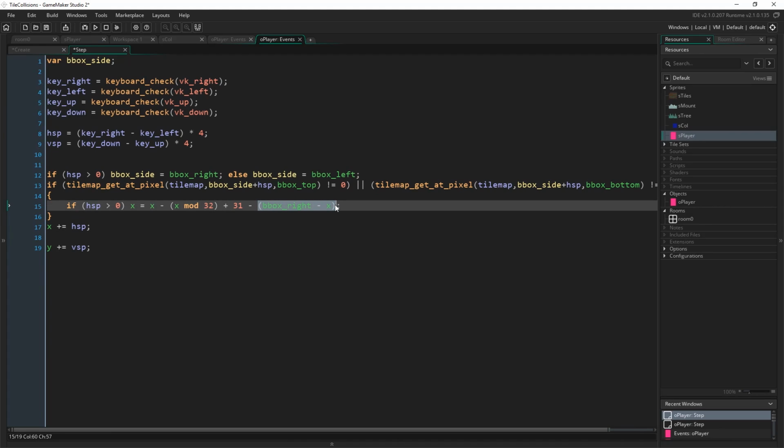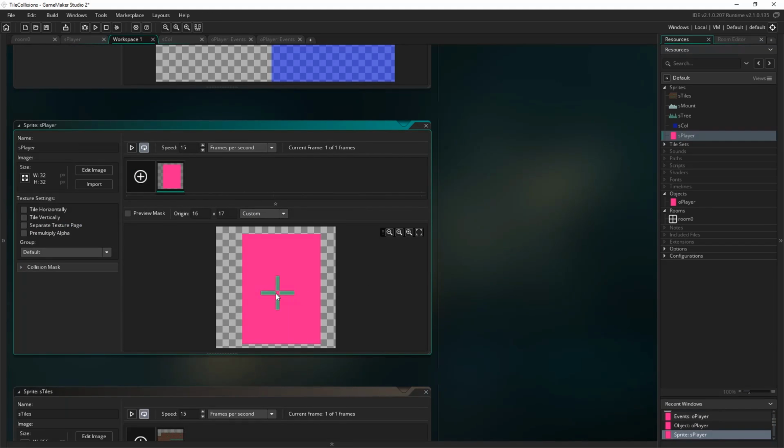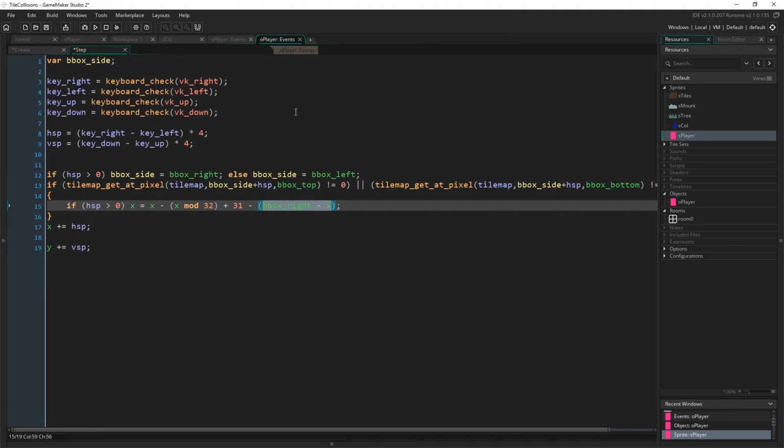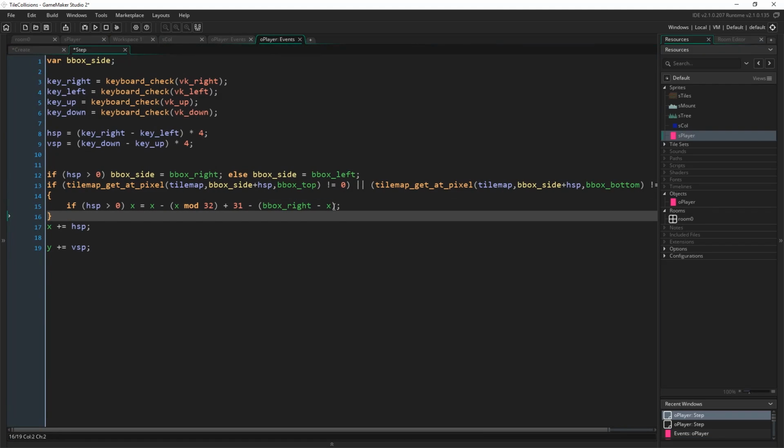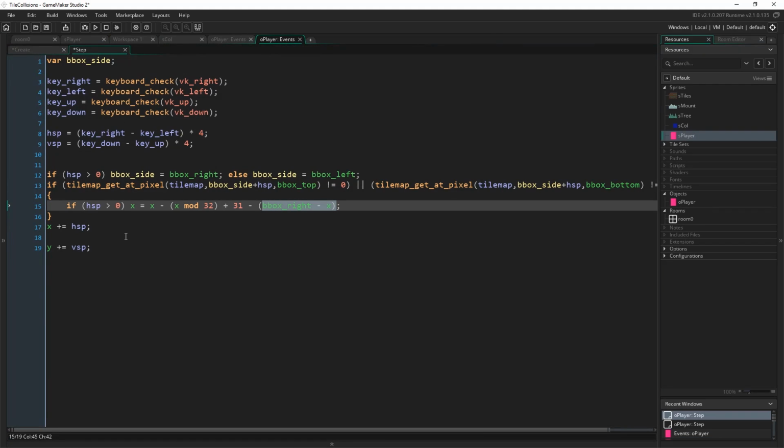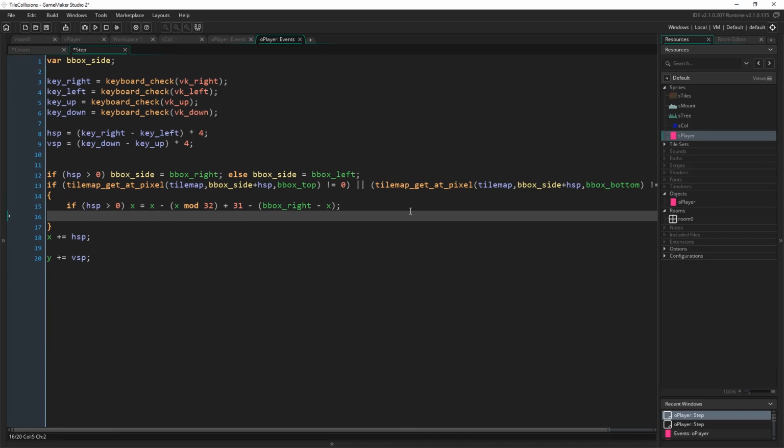I'm going to do a few of these in brackets, and technically, there's another optimization thing. You wouldn't want to do them every single frame, because this is going to be the same no matter where we are in the room. This value will always return the same amount, because it's literally just the difference between this position and this position, in whole pixels. If you want to optimize further, you could put this into a variable in the create event, but as I say, I'm going to skip that to keep it clear what we're doing. So next line,